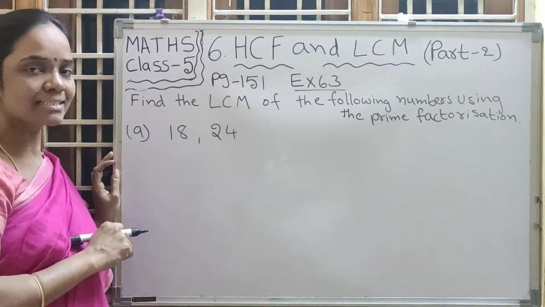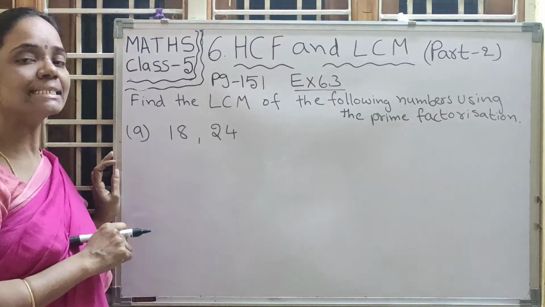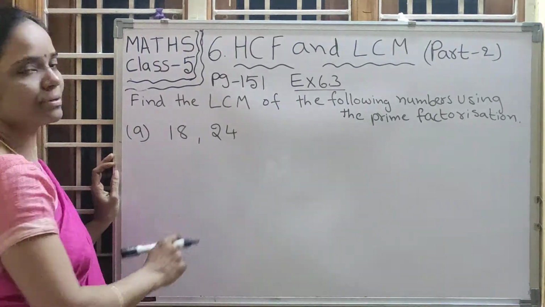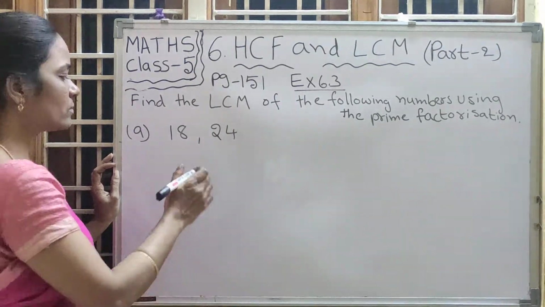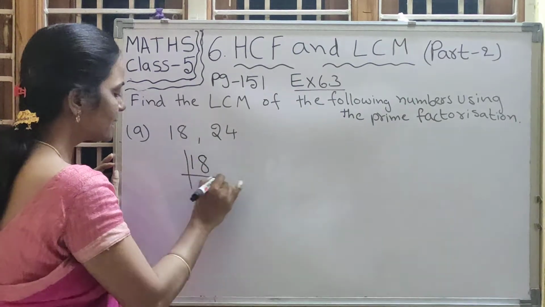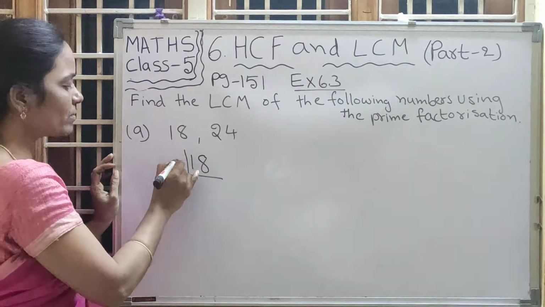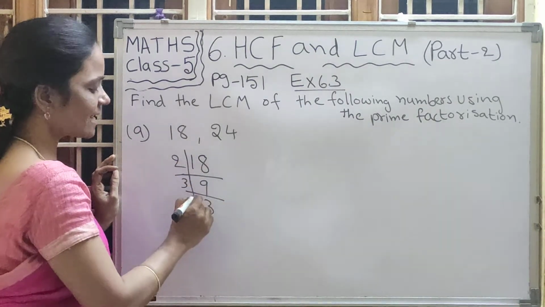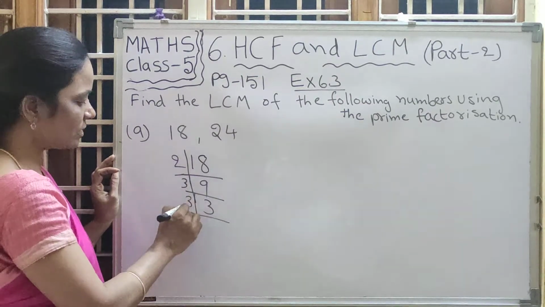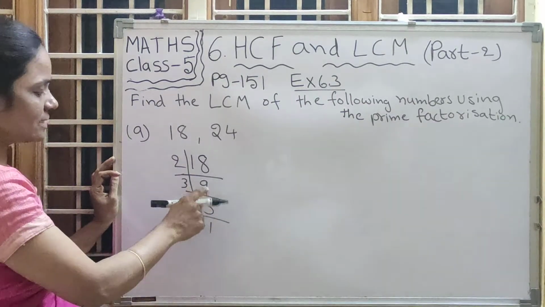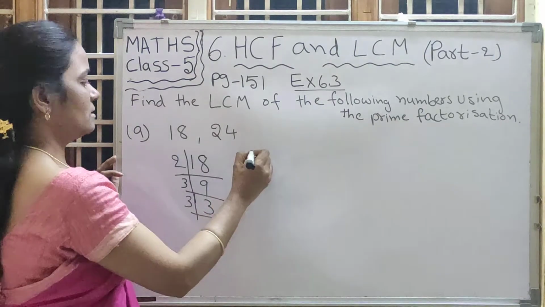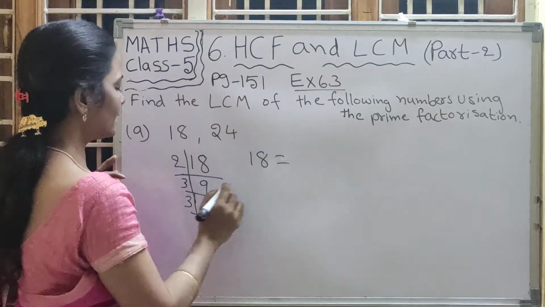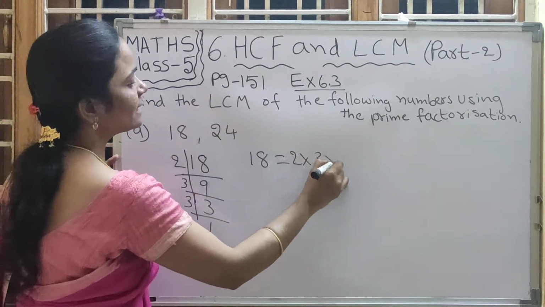In the previous class, yes, HCF. We have found the HCF. Here, LCM of two numbers first. Take the prime factorization method only. What is prime factor of 18? 2 table, do you get 18, children? Yes. How many times? 2 9s are 18. Next in 3 table. 3 3s are 9. So again in 3 table only, 3 1s are 3. So till you get 1, we have to take factors. I mean prime factors of the given number. So write down the factors of 18 now. 2 into 3 into 3.